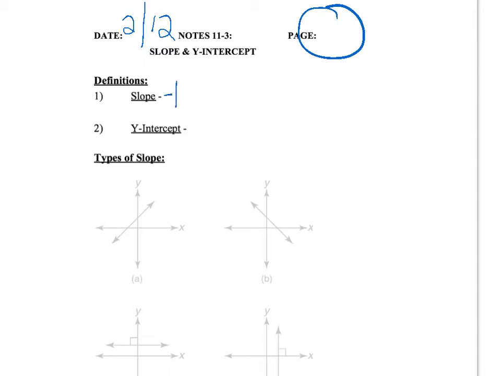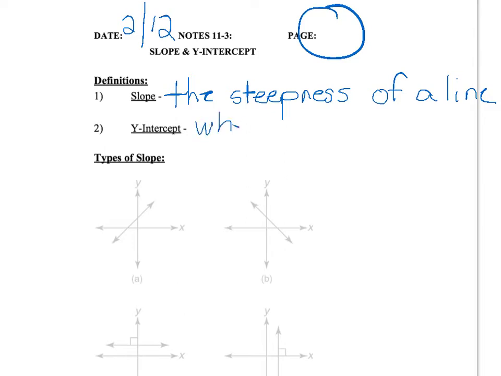Slope gives you the steepness of a line. The higher the number, the steeper the line. We've talked a little bit about slope so far, and we talked about it being the rise over run, and we talked about the types of slope, which we're going to review. The second definition we have is a y-intercept, and the y-intercept is where the line